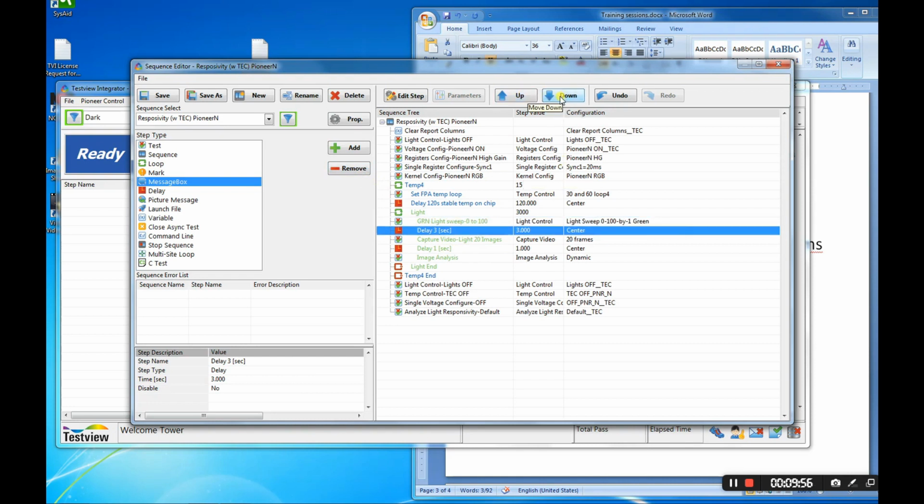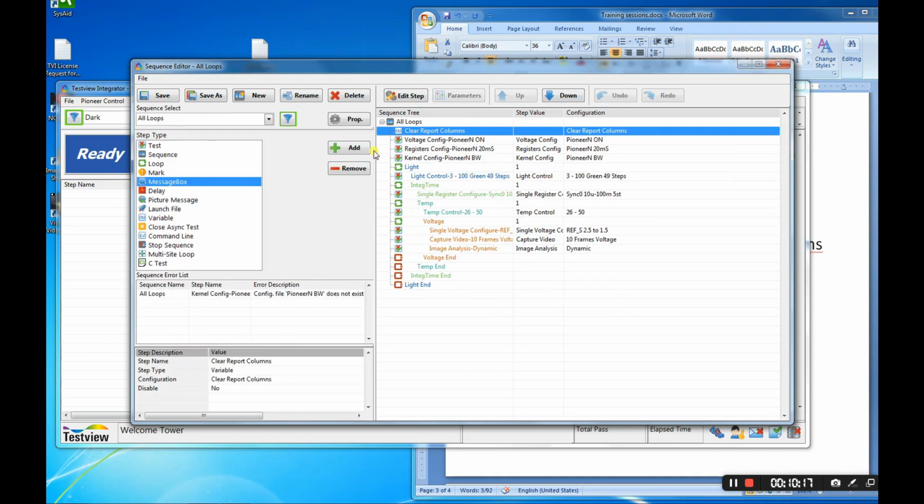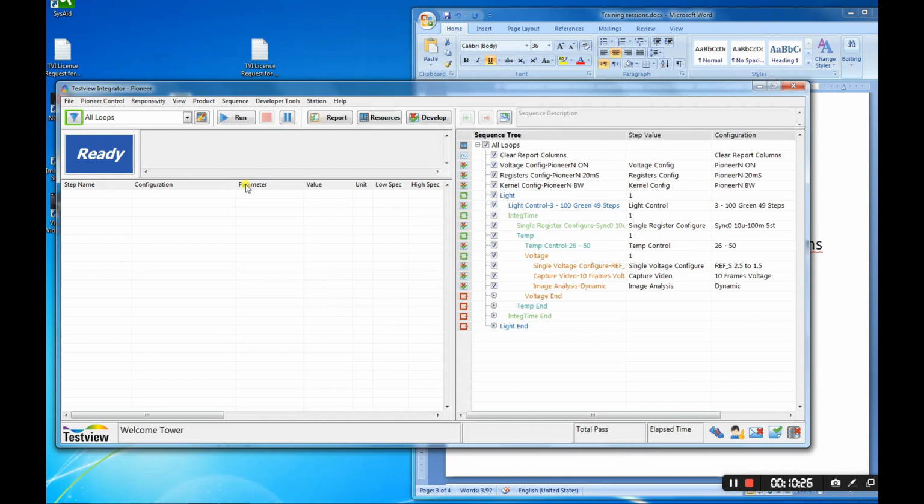Now watch out for the errors in this window that usually occur when I delete some of the functions that we use in another sequence. If I delete them and there is another sequence that uses them, it will appear as an error. Let's see, for example, in this sequence here, we can see that there is an error. Now, I can close and exit here, and you can see now I can try to run this loop.